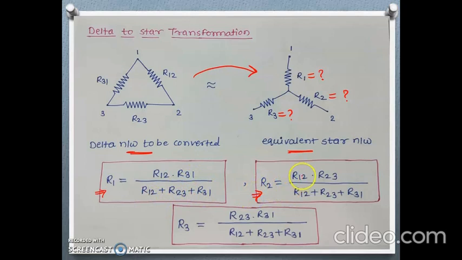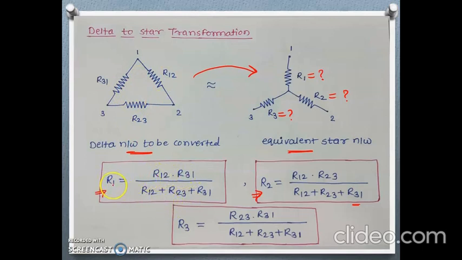R2 will be calculated as R12 into R23 divided by R12 plus R23 plus R31. Here the denominator is the sum of all the resistances connected in delta. Remember this: when we are converting the given delta to star, the denominator will be the sum of the three resistances connected in delta, and in the numerator,